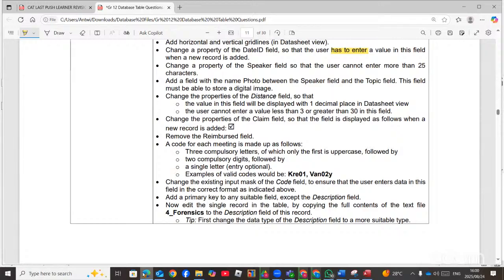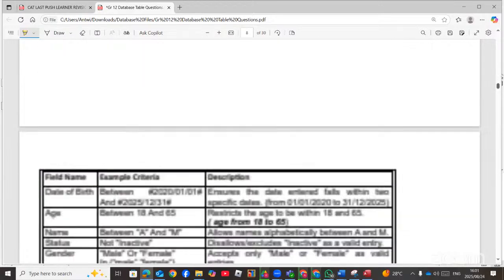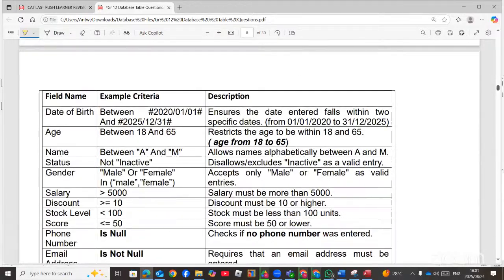So there's a code that we need to create, or the code is already there, and then it should be made up of the following: 3 compulsory letters, of which only the first is uppercase, followed by 2 compulsory digits, followed by a single letter, and the example is given to you over there. So now, if we go back to the input mask character sheet,